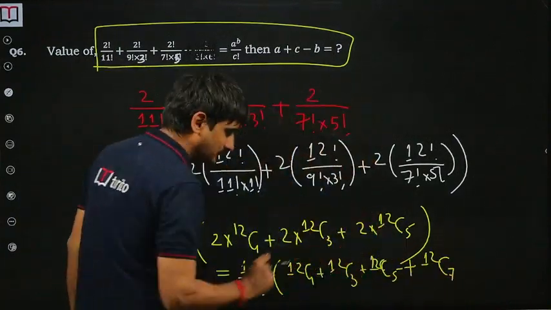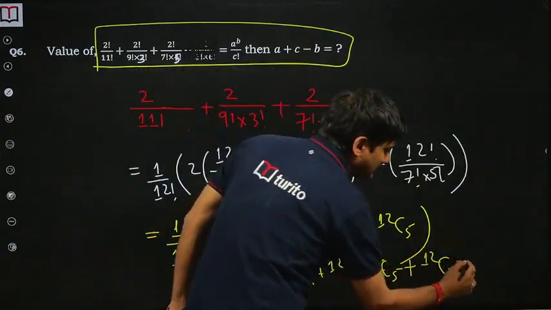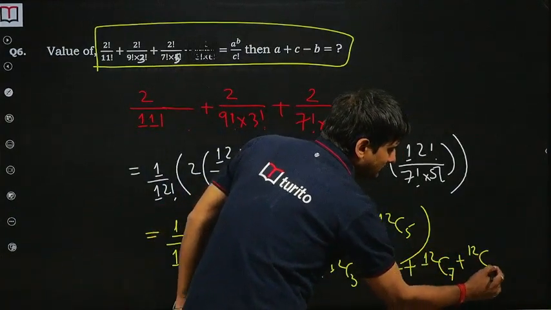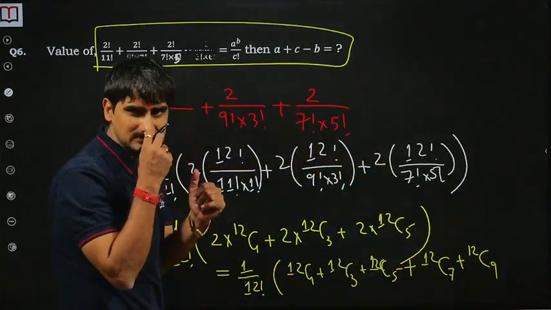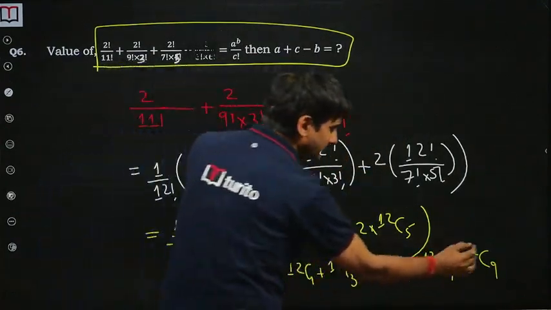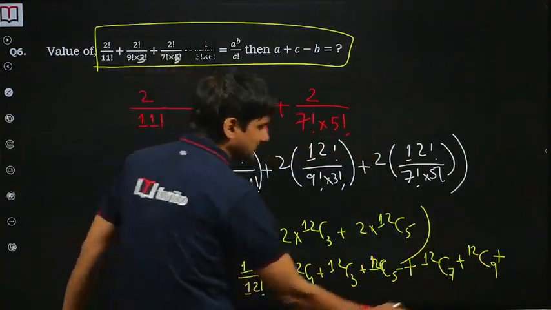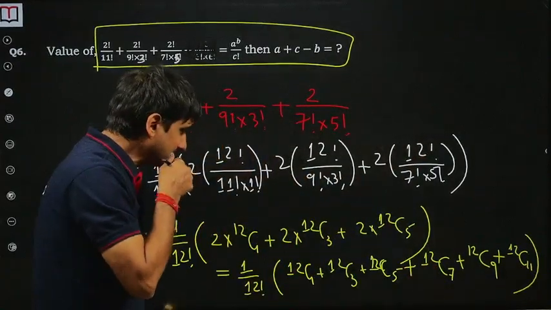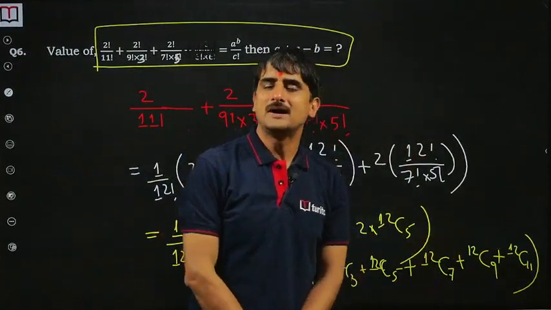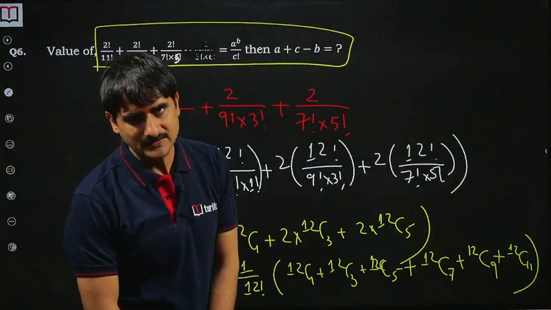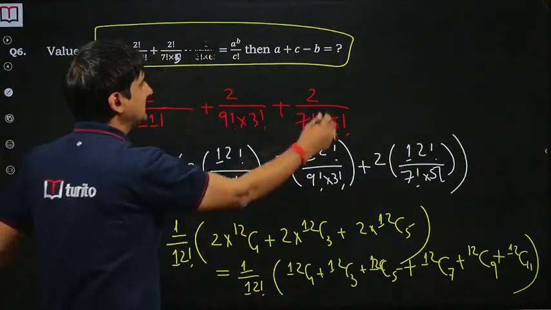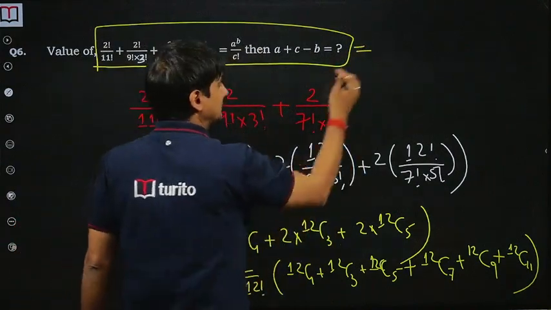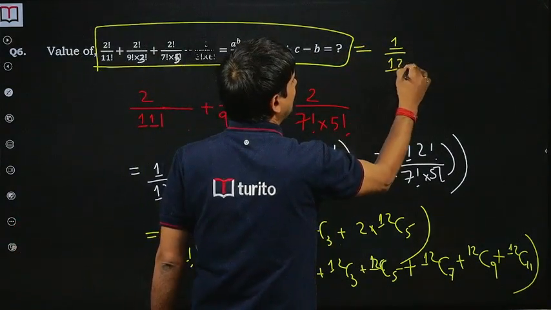So I am breaking it into 2. Similarly, 12C3 can be written as 12C3 and 12C9. So 2 times 12C3 is 12C3 plus 12C9. I am writing one as this, and similarly this will be 12C11. Now what is it? Isn't that the sum of all odd binomial coefficients in the expansion? So it is nothing but, if I write it here, 1 by 12 factorial, and as I said,